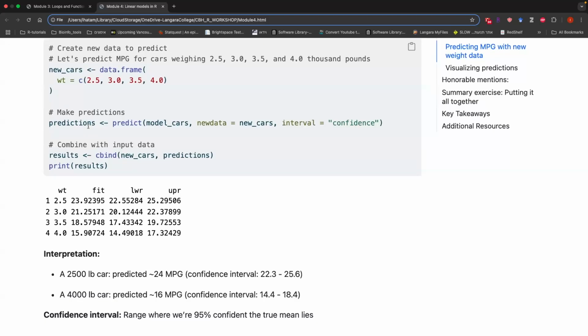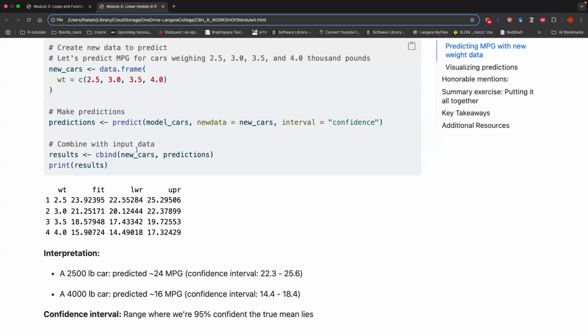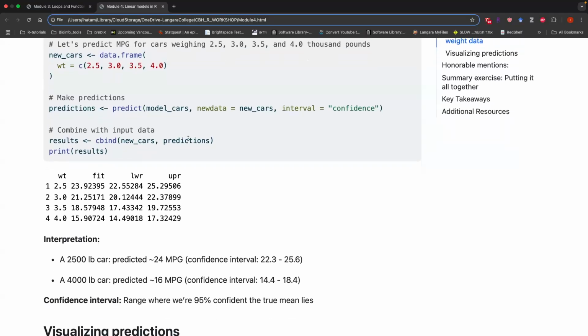So now I'm going to make the predictions. Here are my predictions. Predict. Here is my model. Here is my new data that I've created here. The intervals I want are confidence intervals, so 95% confidence intervals. Now what I'm going to do is take my prediction and new car, and bind those two data frames. cbind just means that I'm binding the columns of the new data frame. So I had this column from the old data frame and these ones from the new data frame, and I'm just binding them together and printing my